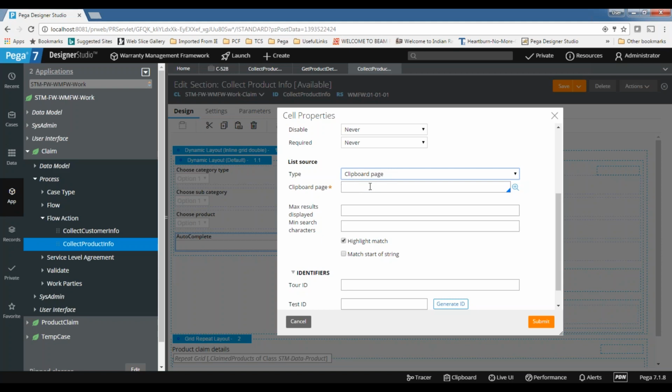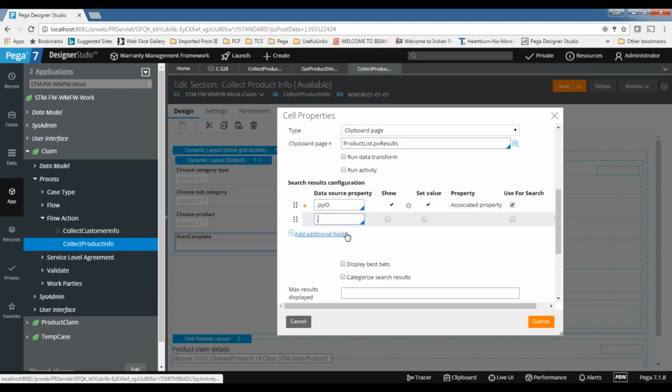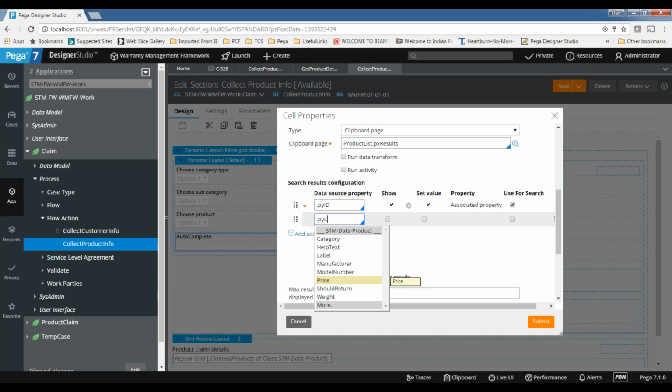So from the clipboard we take the data. In whichever page the clipboard is available, in this page the data will be available. So I have to display pyID, then pyLabel. Submit.